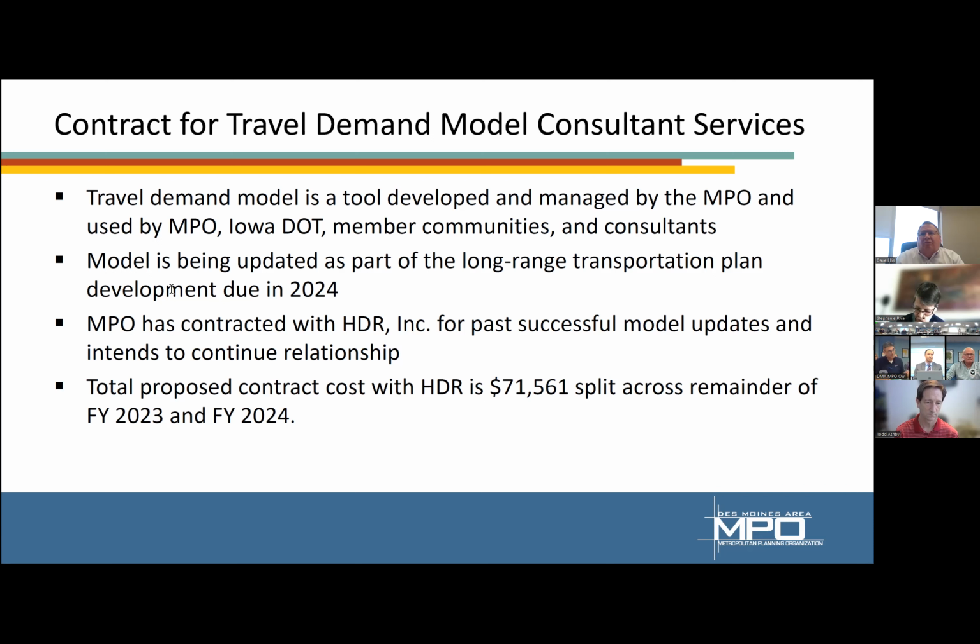Yeah. Okay. So what we'll do with this, once we get the model actually up and running, obviously the consultants or your communities and their consultants can use it, but for the MPO, this helps us understand which projects should go into the long range plan, which ultimately receive STBG funding and so forth too. So we rely on this quite a bit as well. It's not the end all be all, but it's definitely a powerful tool that we have. You said last 5 years, you say you got to update like every 5. Every 5 years or so, yeah.